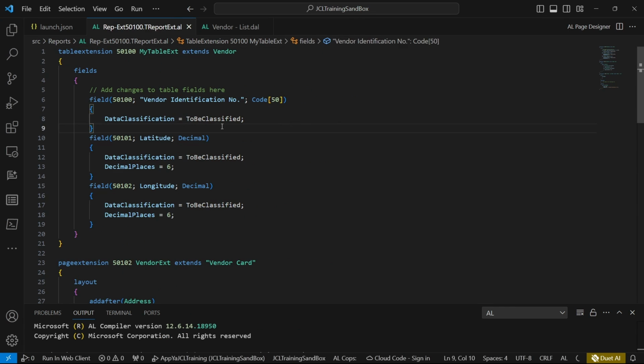What happens when you have extended a table like the vendor table and added new fields that maybe are needed in the vendor list? Don't you think we need a report extension for this? We might need a report extension, but according to the best advice that I'd give on a report extension is